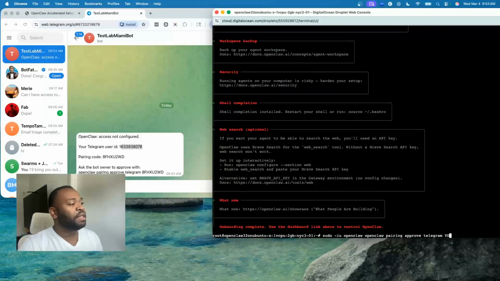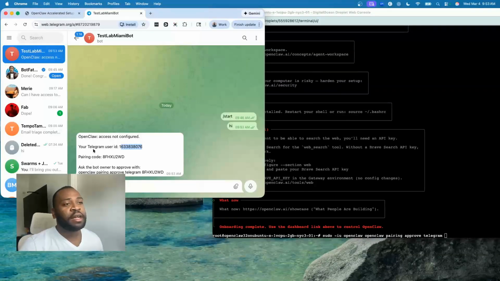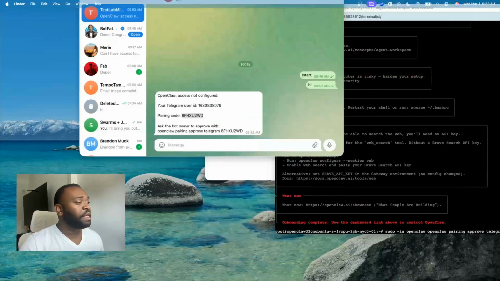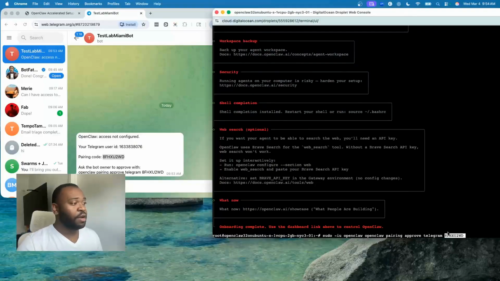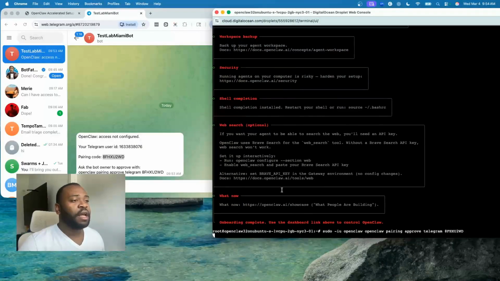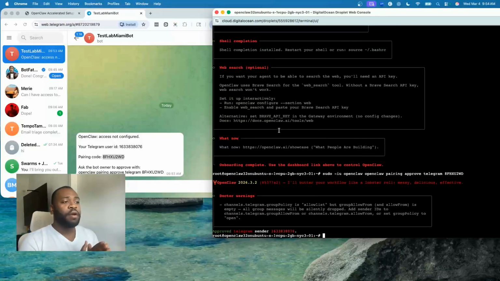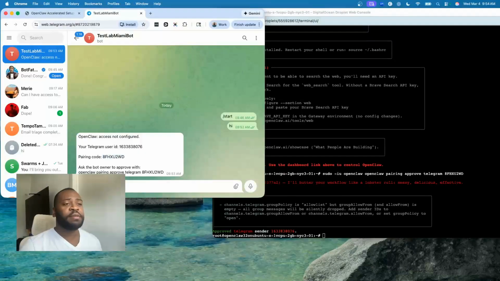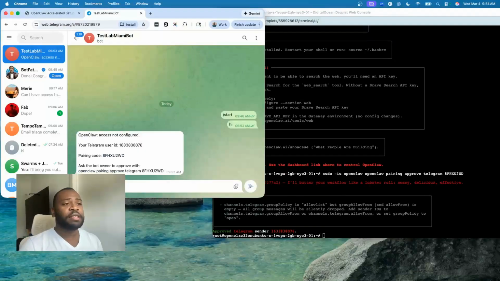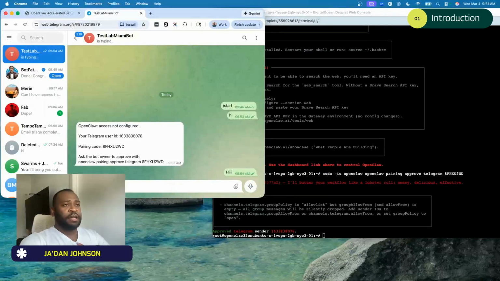We're gonna go ahead and approve that pairing request using that code. So in this case, I'll collect the code from Telegram. Now I'll just take my code, paste it in. Just give it a second. Perfect. So now we've approved our Telegram, so we can go ahead and chat with our bot. And then here we go, our Test Lab Miami